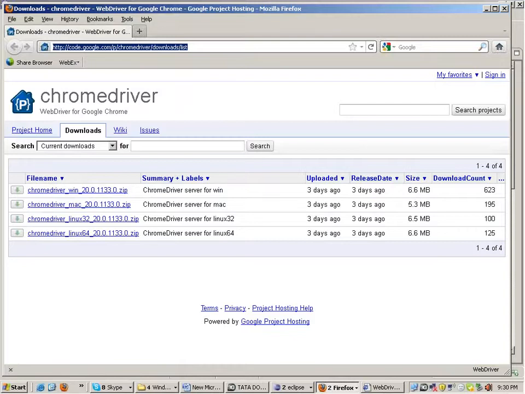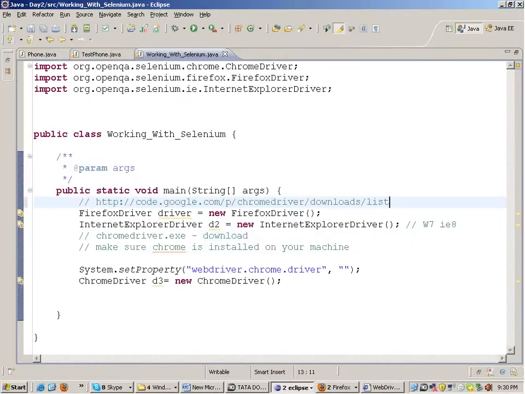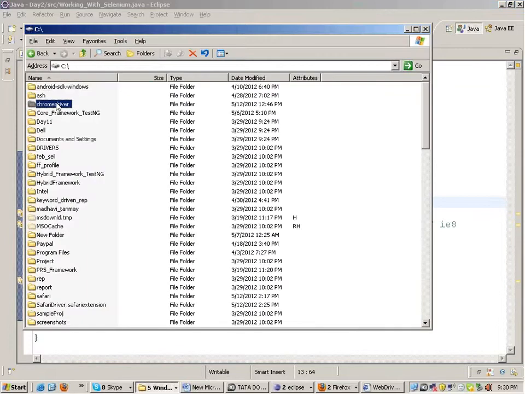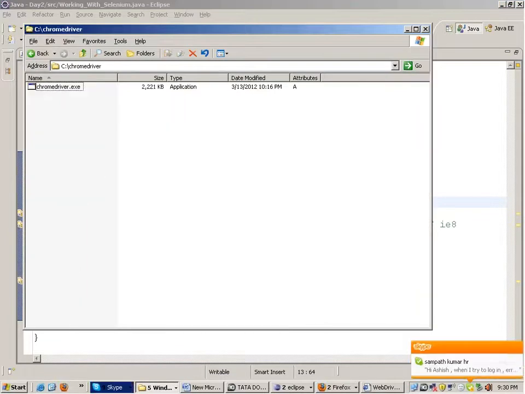What I did was I kept this in my C drive. I extracted the zip file over here in this folder, and this is the chromedriver.exe file.